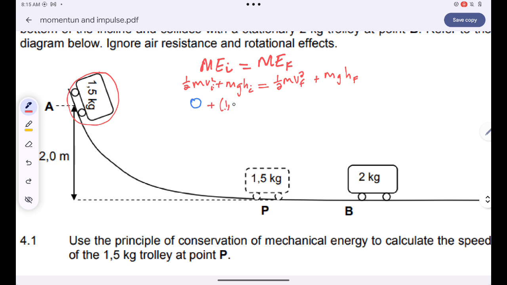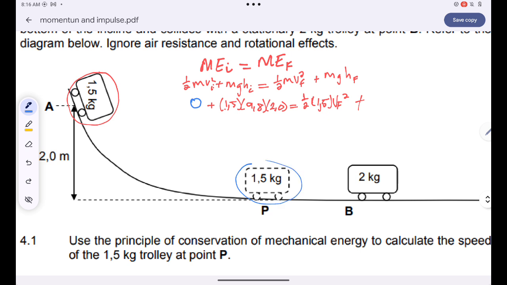So we just add potential energy. That's 1.5 multiplied by 9.8, and the height above the ground is just 2.0 meters. Okay, and then at point P, because now the trolley is moving, that simply means it has kinetic energy. So we can simplify in the velocity there. 1/2 times 1.5 vf squared plus